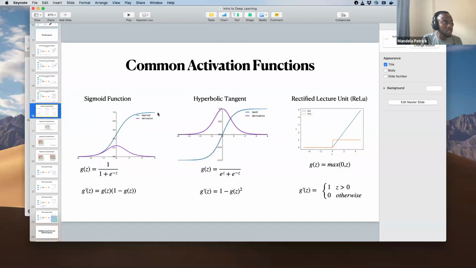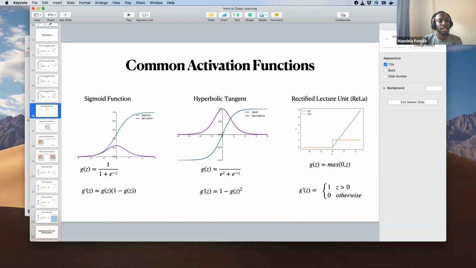Sigmoid squashes values between 0 and 1. ReLU gives you the maximum of 0 and the current value. So it's 0 below 0, and a straight line identity mapping above 0.